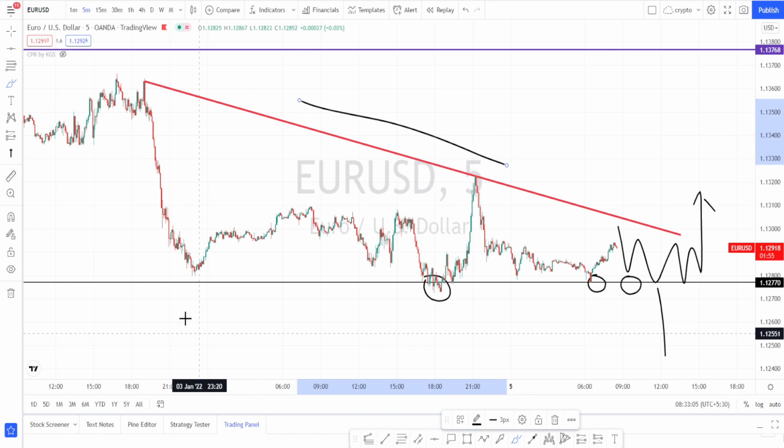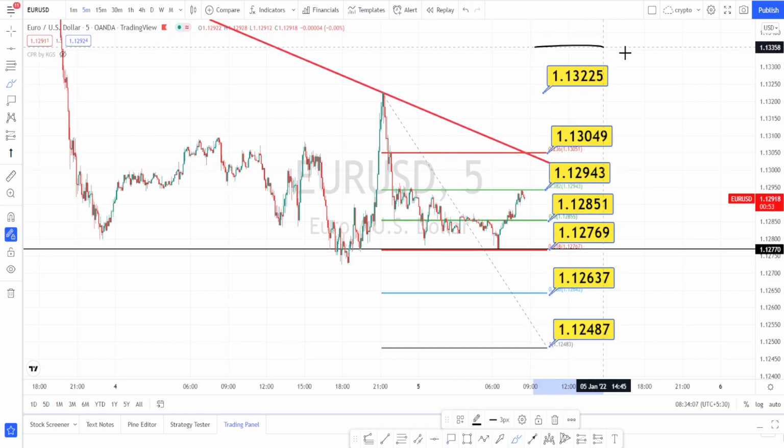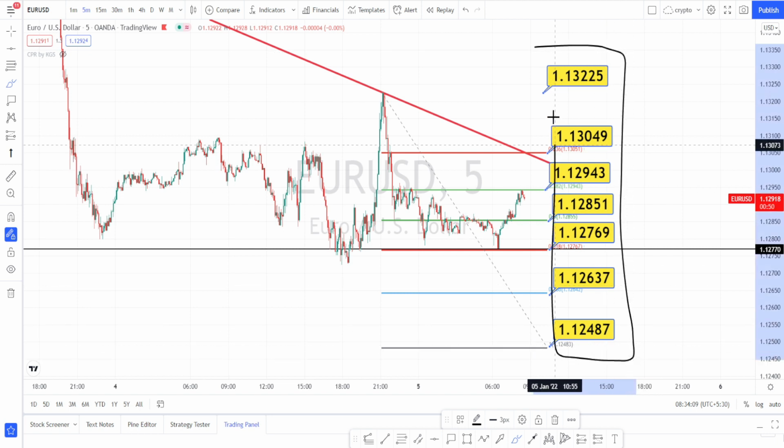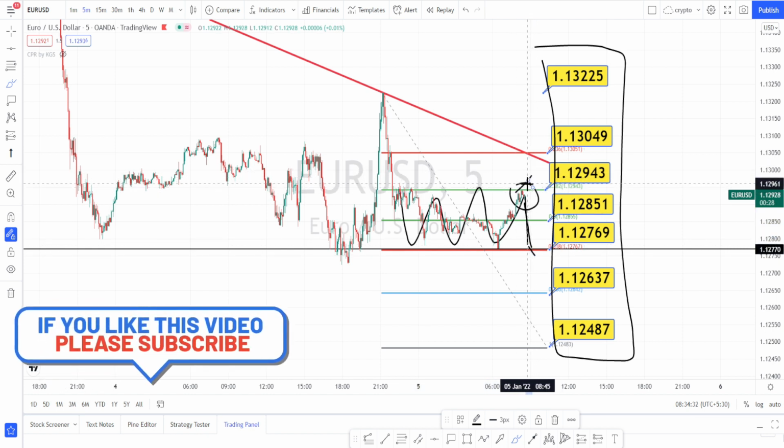But presently the price action is in a bearish trend. Let us mark the support and resistance level. So these are all the support and resistance levels in 5 minutes time frame, and you can notice that the current price action has taken resistance at the level of 1.12943 and the trend reversal is happening, but still it is trading within this support and resistance level. So wait for it to take a breakout from this support side or on the resistance side, then go on a directional trade.